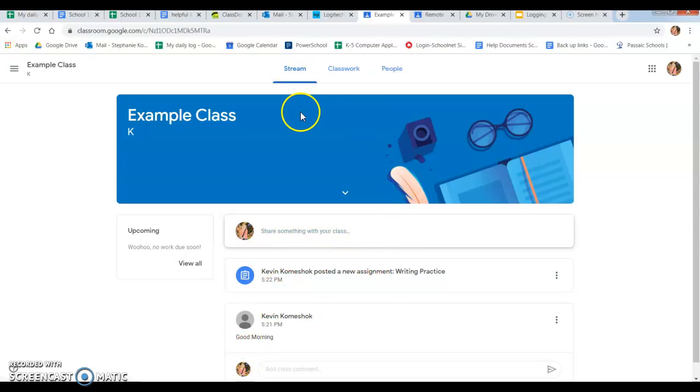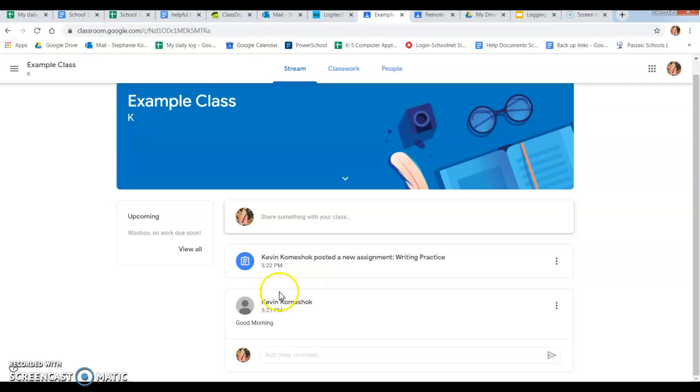This is your stream where you can respond to your teacher. Maybe they'll post a morning message. You can click and just respond. When you hit the little arrow, it posts it. Then your teacher might also use classwork